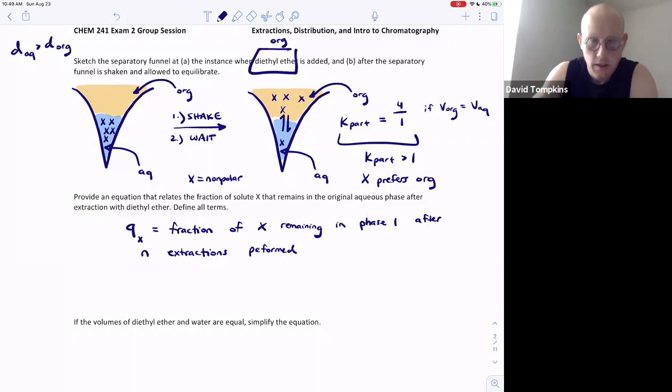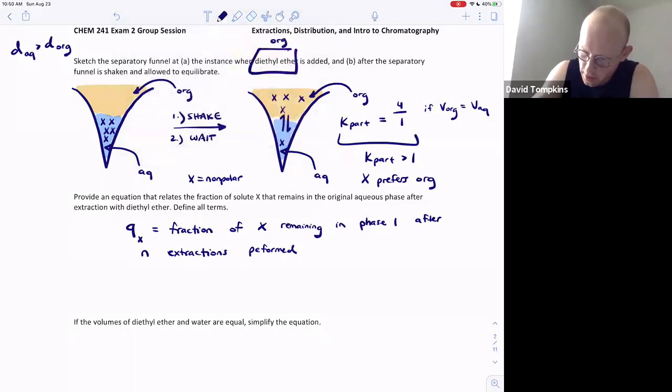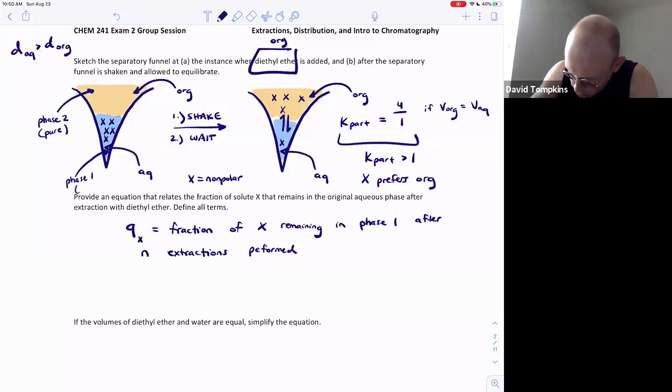Now, generally speaking, the aqueous solution originates with the solute and the organic solvent is pure. Or in other words, we can apply these terms of phase 2, the pure liquid that we are extracting the nonpolar X with, or phase 1, which was the aqueous mixture. It's the original phase in which X belongs. Okay, so assuming that it goes from phase 1 to phase 2, or aqueous to organic,